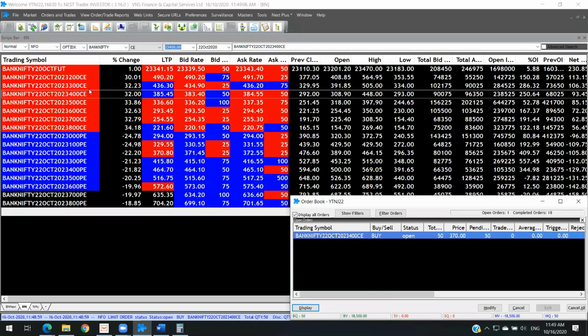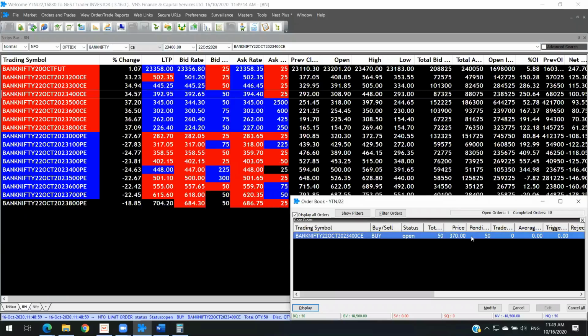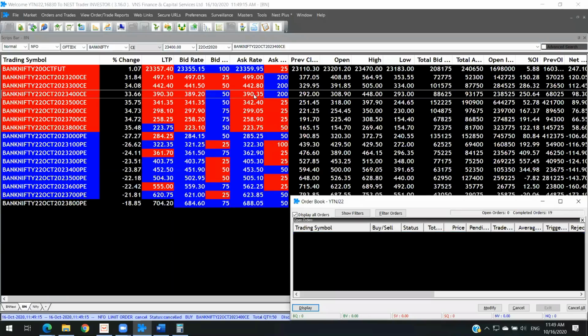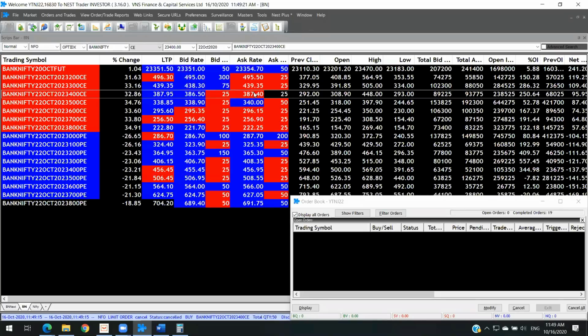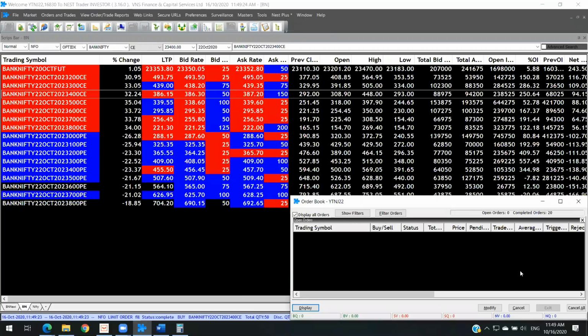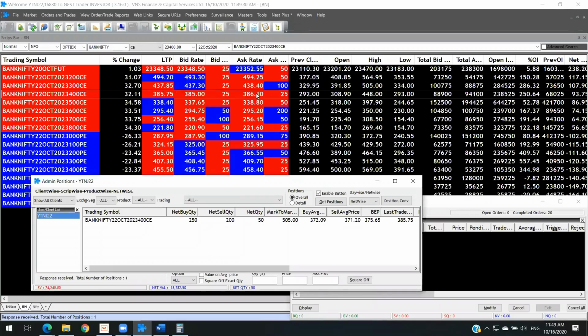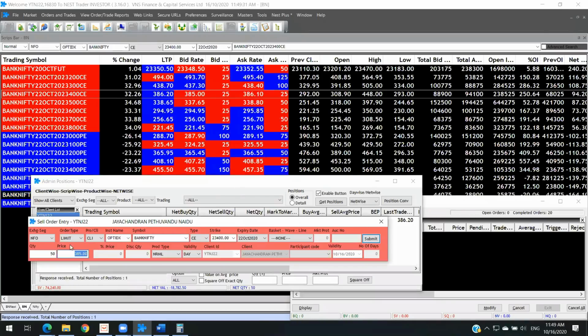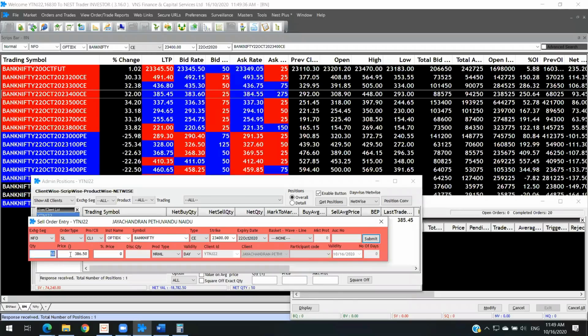Once it triggers, if you want to sell it, I'll show you with an example now. I've again deleted it. I think it is moving higher now. Let me see if I can buy one. Let me quickly see the chart and then I will tell you. Okay, I'm just going to buy one. I have bought it at 385 now. Currently it is trading at 386, 387. What you need to do is place a trailing stop loss, right? Just click this. Imagine you don't want it to go below 384.